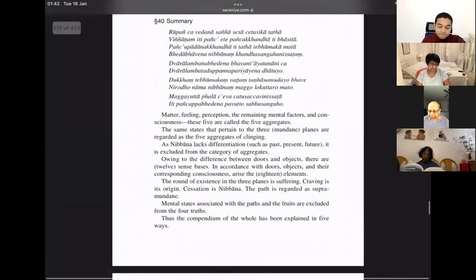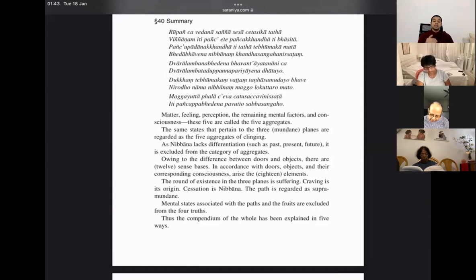Summary. Matter, feeling, perception, the remaining mental factors and consciousness, these five are called the five aggregates. The same states that pertain to the three mundane planes are regarded as the five aggregates of clinging. As Nibbana lacks differentiation, such as past, present, and future, it is excluded from the category of